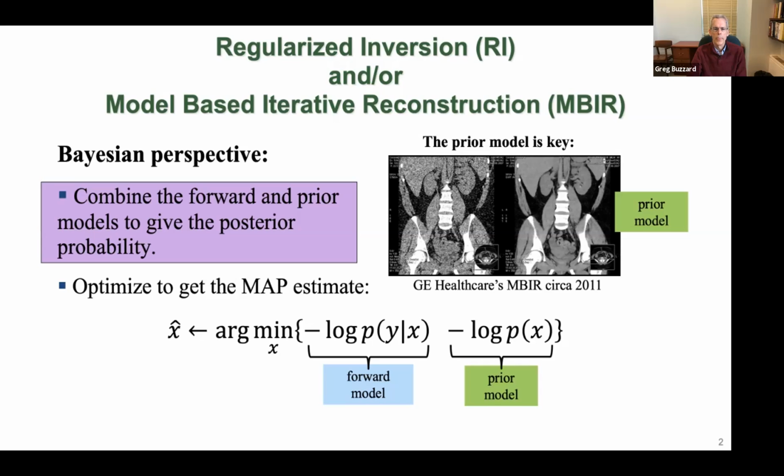We'll talk about this later, but this is also related to the bias-variance trade-off. Our prior model introduces some bias, and the stronger the prior model, the more bias there is. But depending on the class of images that we're trying to reconstruct, the prior model can be very helpful. And this is closely related to some of the things that Ron was talking about. The prior model, in some sense, gives you information about what class of functions or images you believe you might be working with.